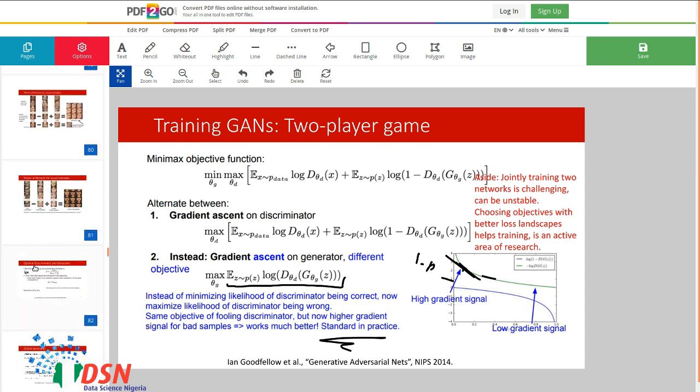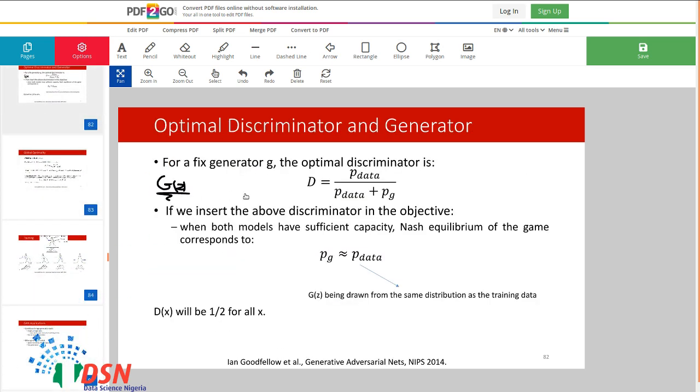In that case, for the optimal discriminator, you should put the derivative equal to 0 to get the discriminator, and the discriminator will be the distribution of the data divided by the distribution of the data plus the probability of the generator network.